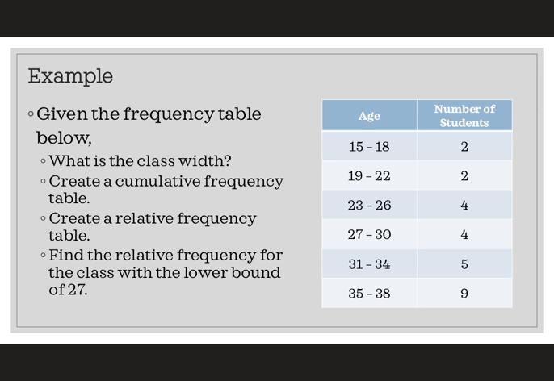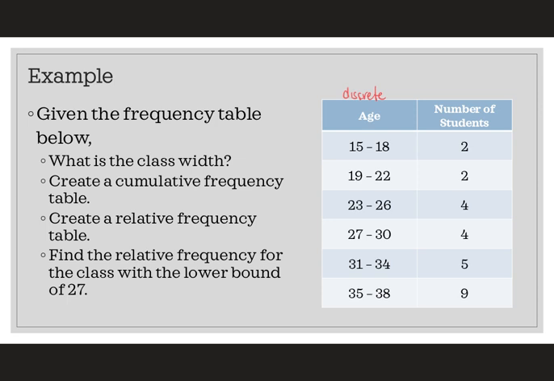So ask yourself, if I go out on the street and ask somebody how old they are, are they going to say, I'm 3.5? Well, yeah, if they're actually 3, they might say 3.5. But ask people your own age. How old are you? Most of us don't say, oh, I'm 22 and 3/8. You say, I'm 22. I'm 34. I'm whatever. So age, we are going to treat as a discrete data set.